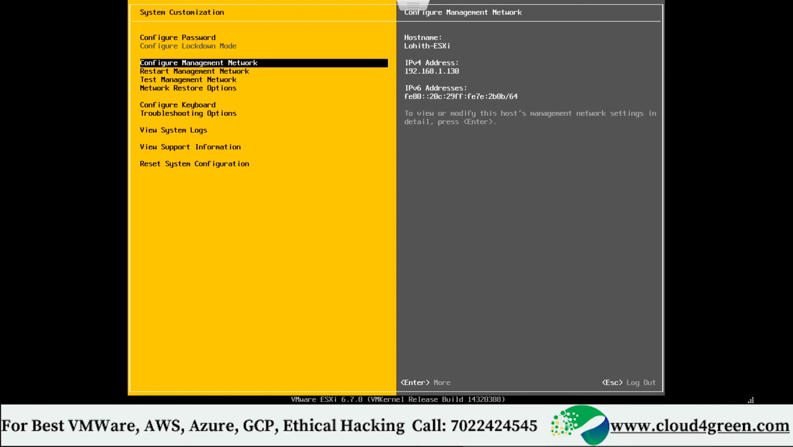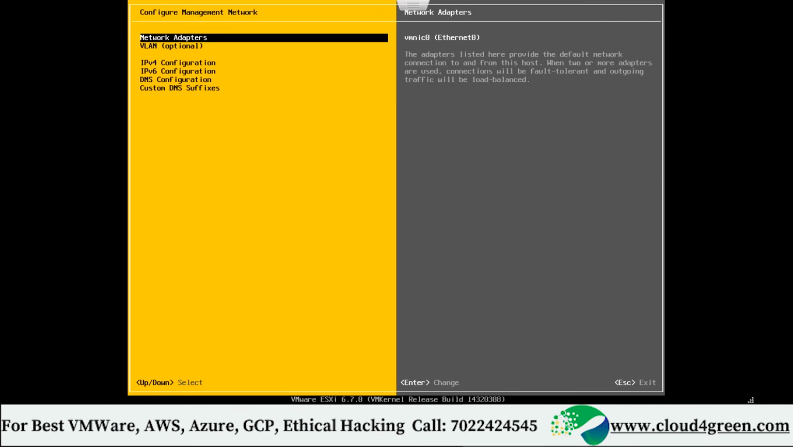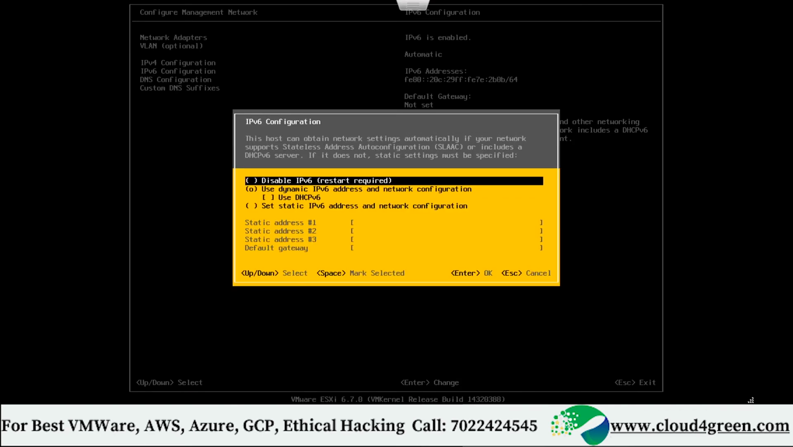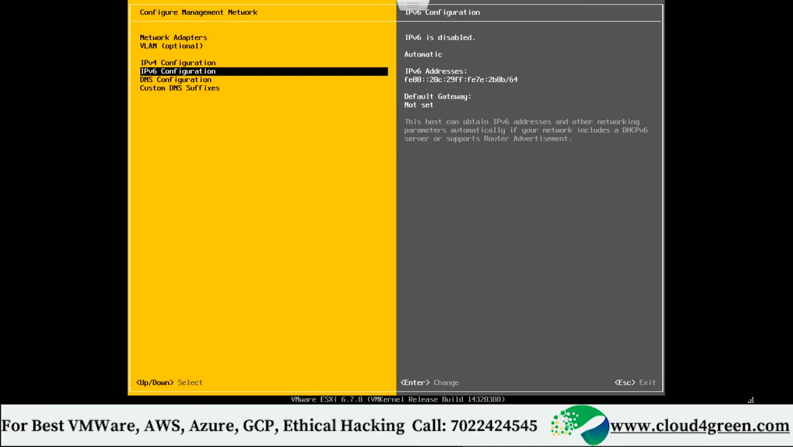Now let us come down and here you have something called IPv6. Can you see IPv6 configuration? Yes. We are not using it anywhere in production, so we should disable this. Currently it is enabled. Let's press enter. And can you see disable IPv6? Yes. That's okay. It requires a reboot. That is fine. I selected that. Press enter. Now when we press escape,